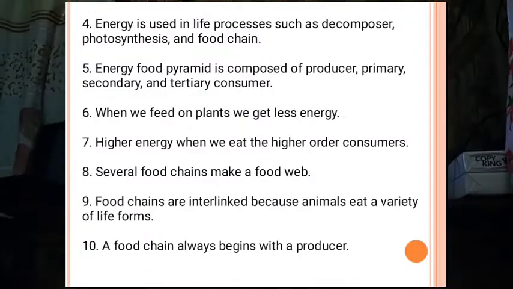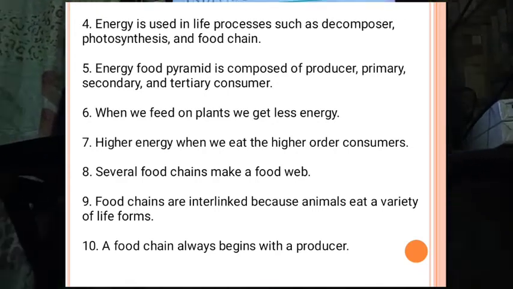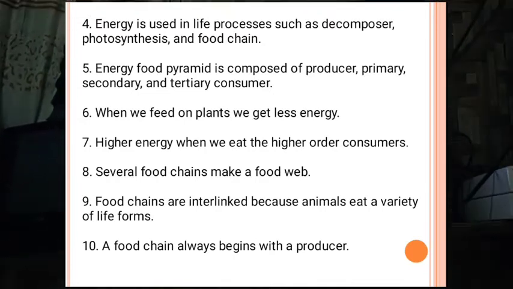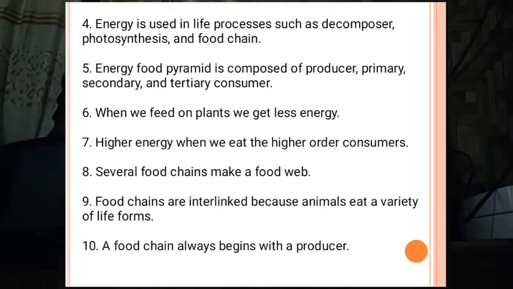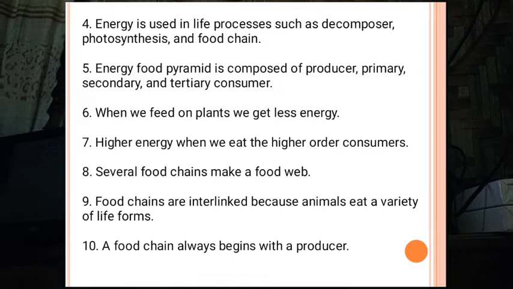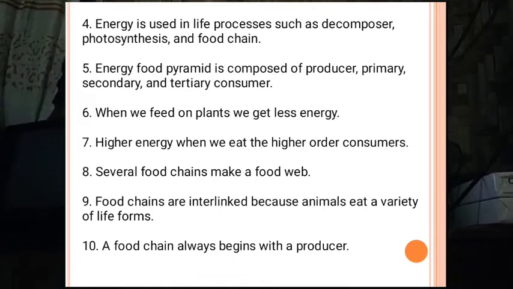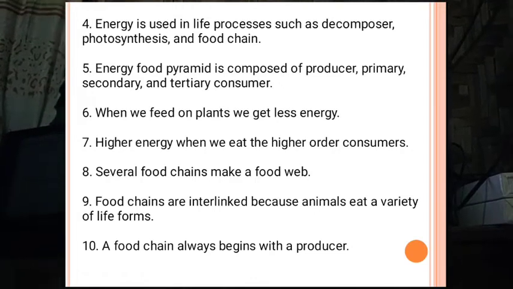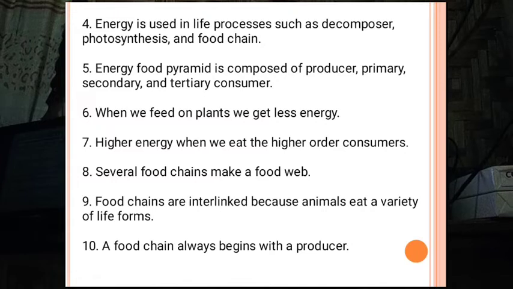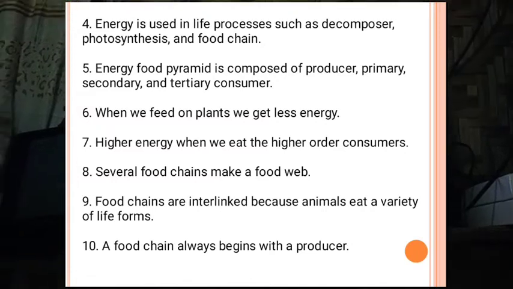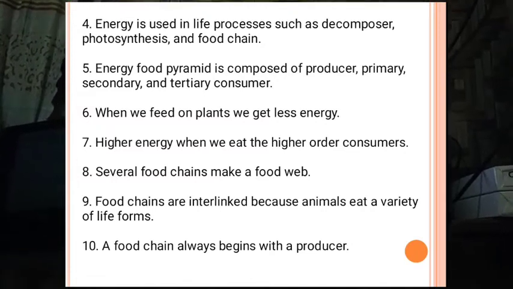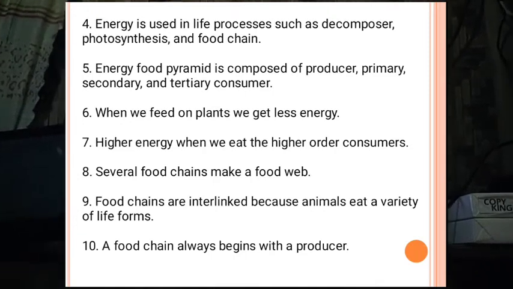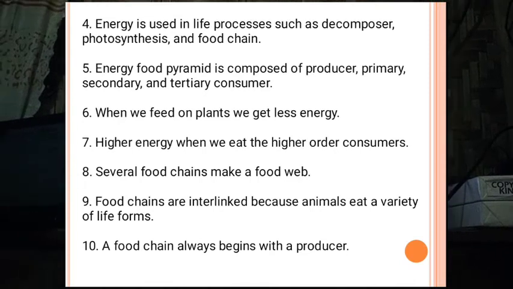Number 2, the energy pyramid illustrates how the amount of stored energy from the sun is reduced. The correct answer is true. For number 3, the overlapping food web now becomes a food chain. The answer is false. Number 4, energy is used in life processes such as decomposer, photosynthesis, and food chain